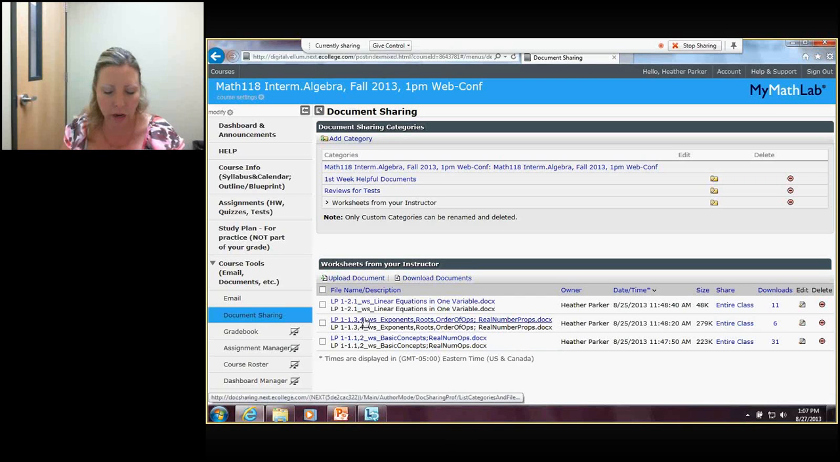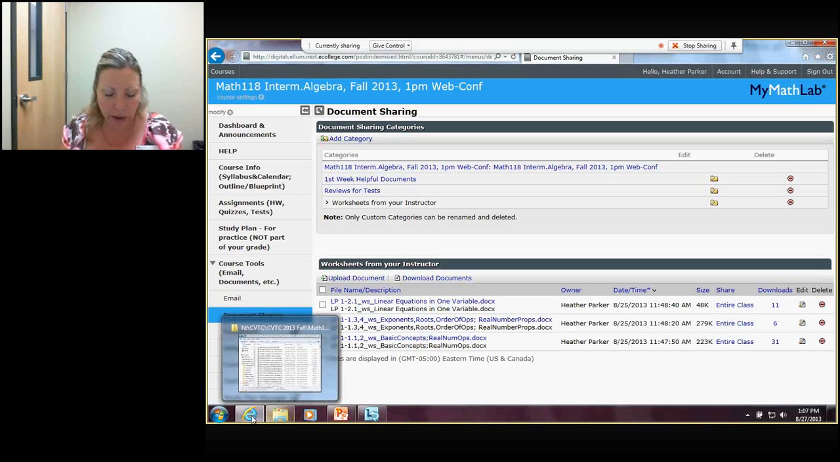And then tomorrow is going to be the 1.3, 1.4 worksheet. WS is for worksheet, just so you know. So this is where you go to print out worksheets ahead of time. And what did I want to tell you? Back in My Math Lab over here,